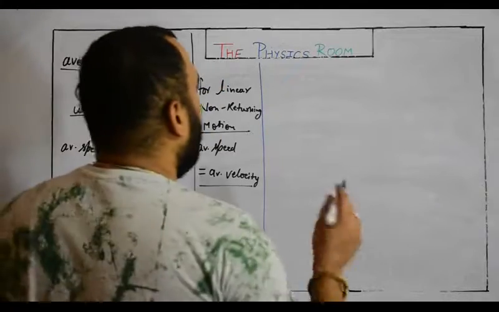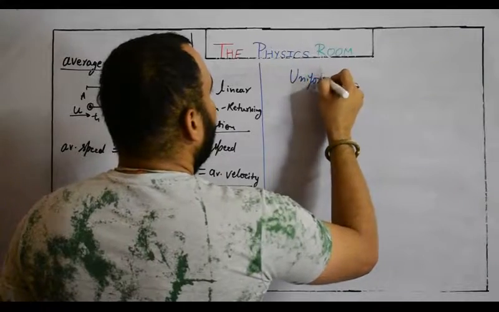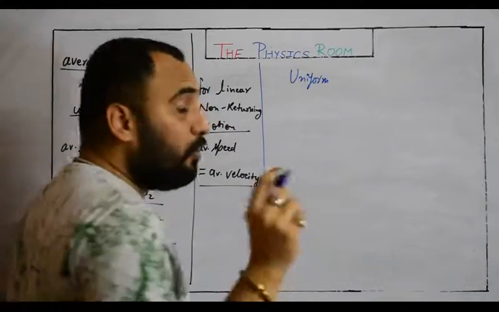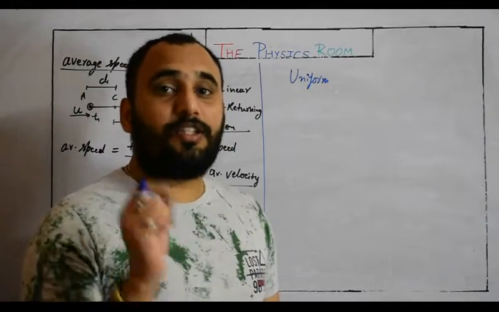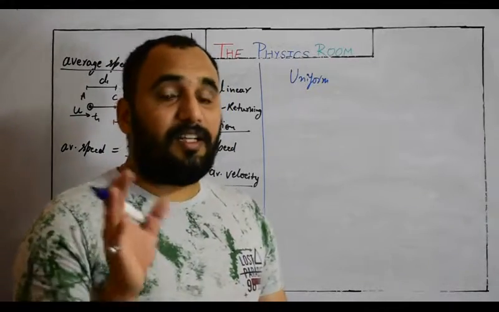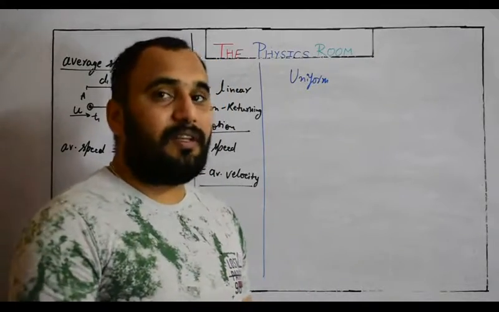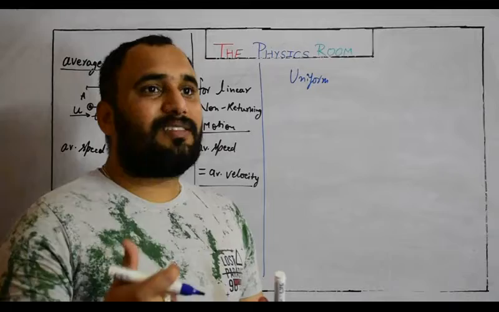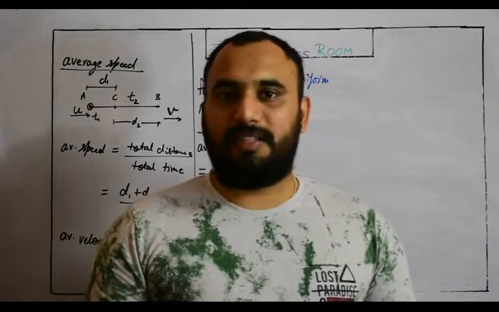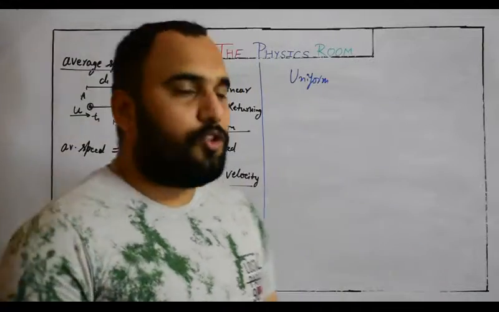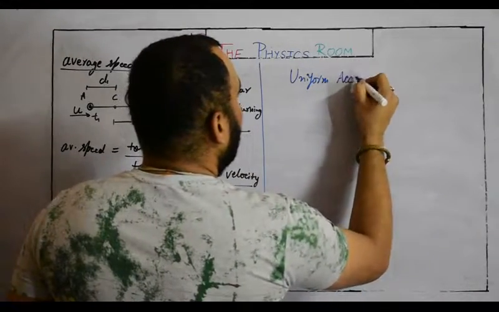Now let's talk about the equations of motion by taking the example of uniformly accelerated motion. Keep this in your mind. We are talking about uniformly accelerated motion, meaning there is an acceleration in the body and this acceleration is constant during the journey. Acceleration is not variable. If we are talking about varying acceleration, this technique will fail. At that time you need a higher concept of mathematics called the calculus method, and you will study this in 11th class. So right now we are just focusing on uniformly accelerated motion.